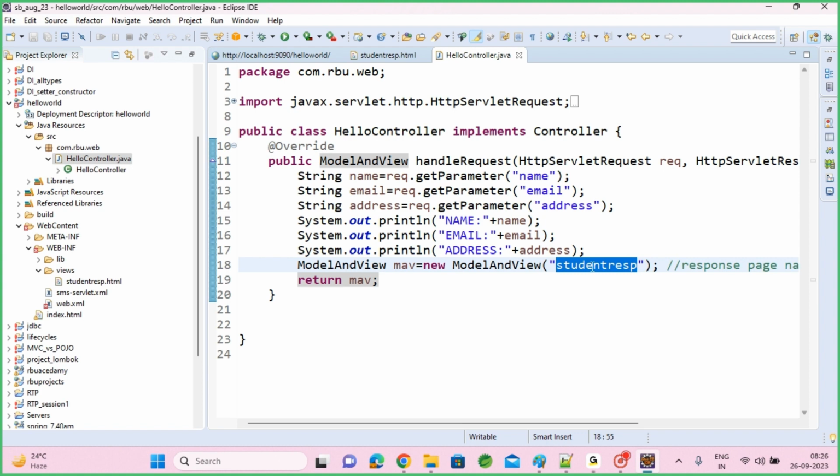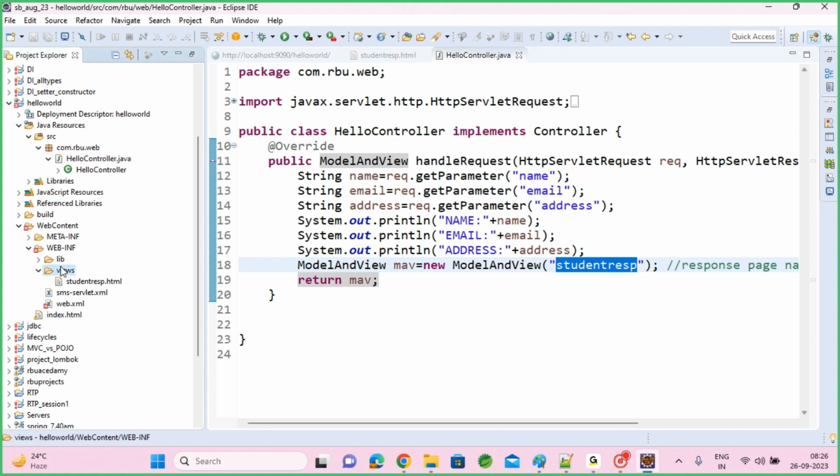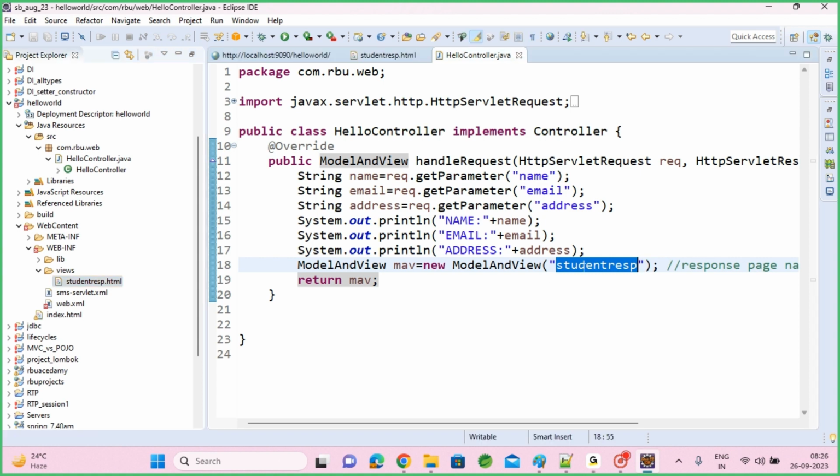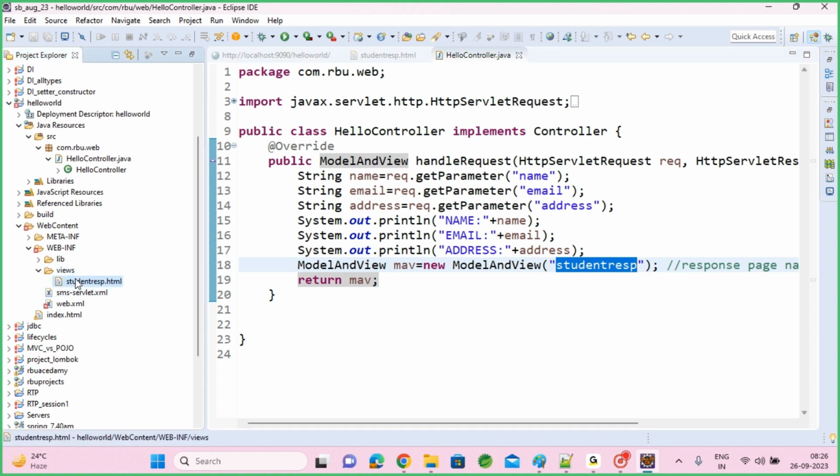No location, no extension. It is there inside the views folder, inside WEB-INF, we have student response.html. But I have given only the response page name. How can it identify the location and extension of your page? It will identify it via,